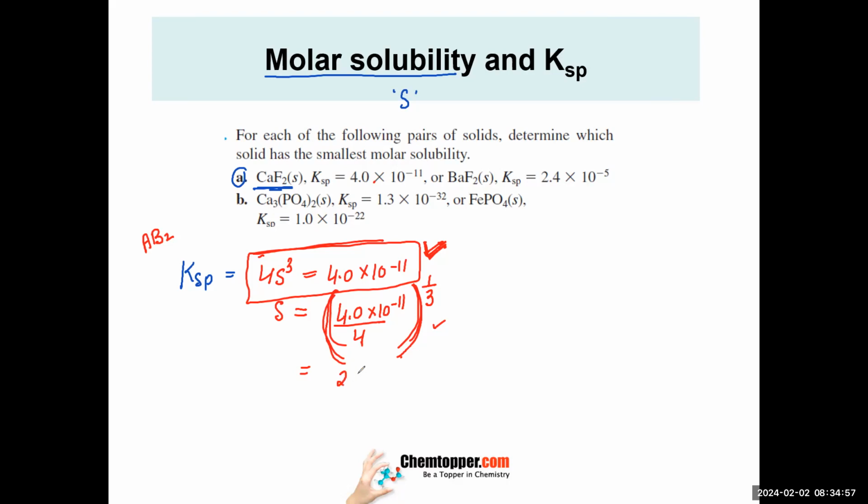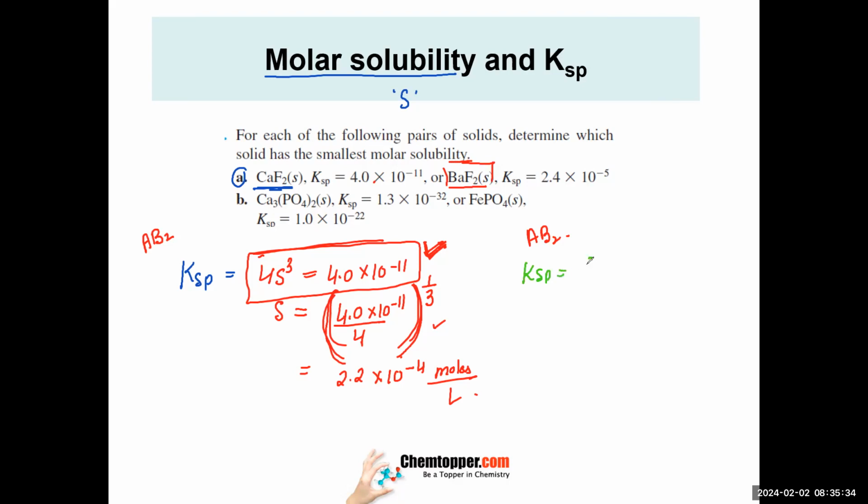So 2.2 or 3, 10 raised to power minus 4 moles per liter. Molarity, right? Molar solubility. Can you calculate the second one? What type of salt is this? Again AB2, right? So again the Ksp expression is